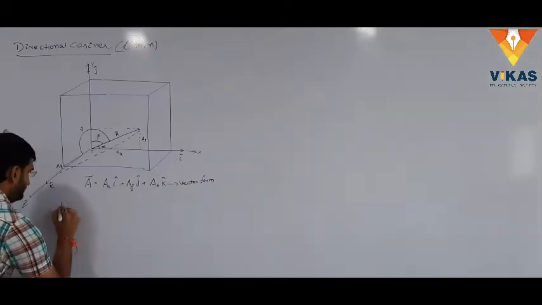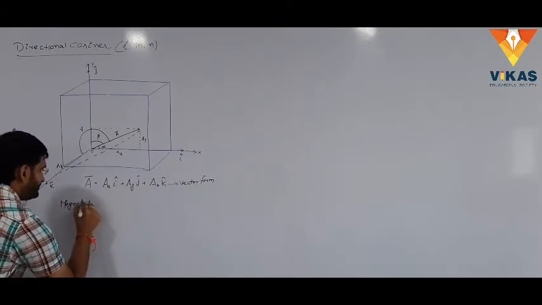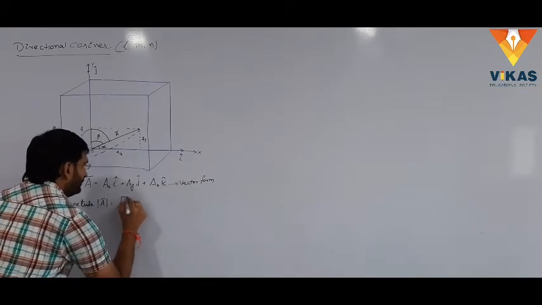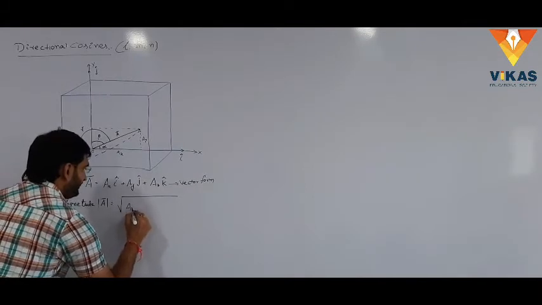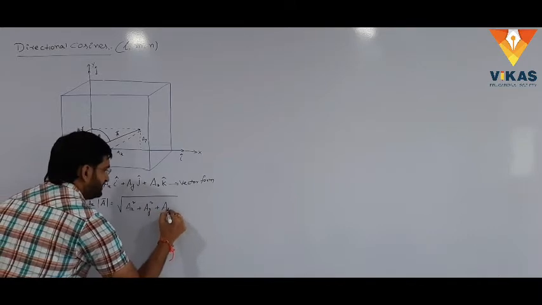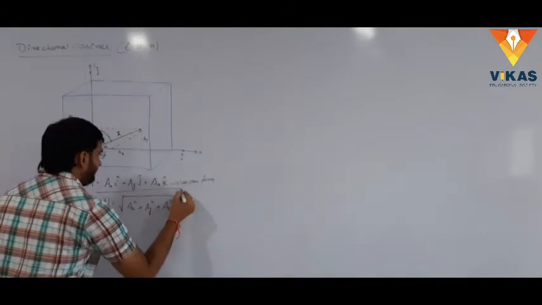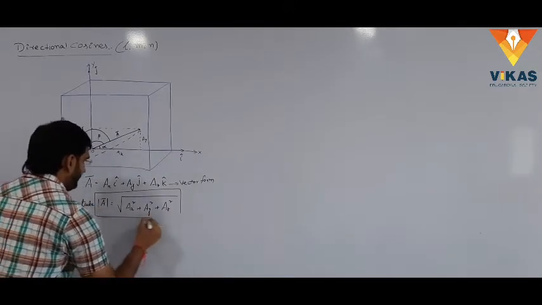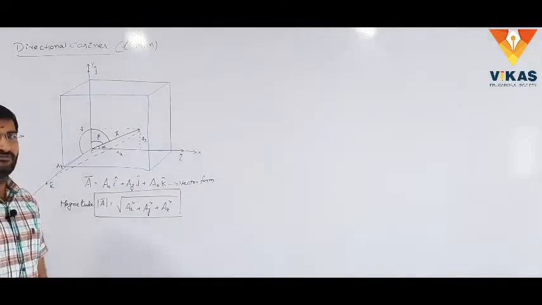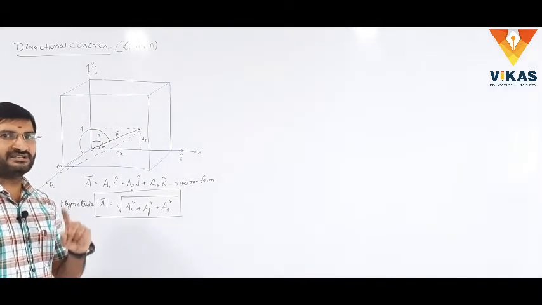Finally, we calculate the values of alpha, beta and gamma from the given diagram. First, consider the magnitude of the given vector. The magnitude, modulus of a bar, is equal to root over coefficient of i whole square plus coefficient of j whole square plus coefficient of k whole square. This is the magnitude of the given vector. If we confine a vector, it has one more property, that is the direction. If the vector is represented in the two-dimensional plane, only two directions are there. The topic is already over yesterday.